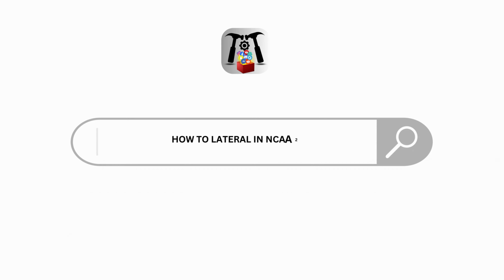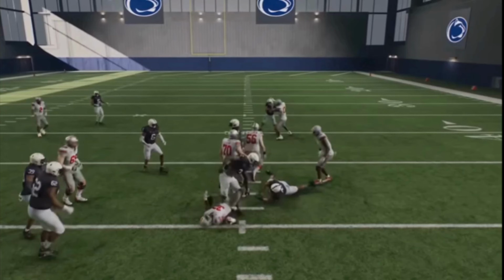How to lateral in College Football 25. Welcome, and let's get right into this tutorial. If you want to perform a perfect lateral pass in College Football 25, all you need to do is